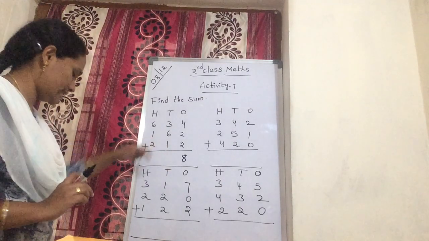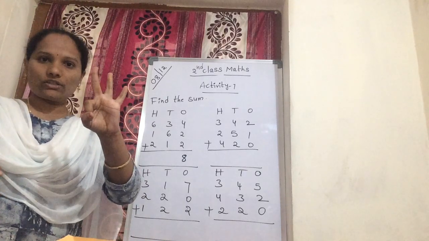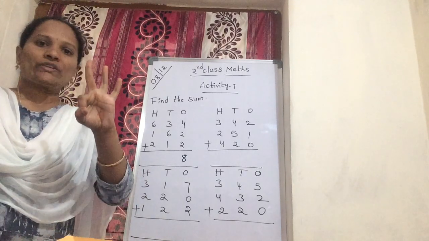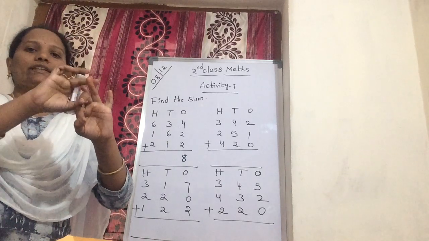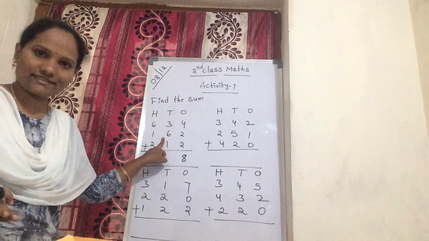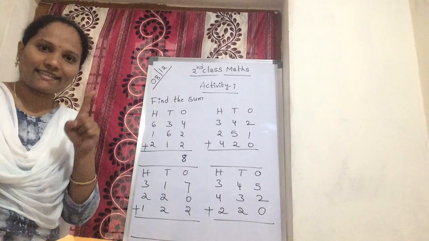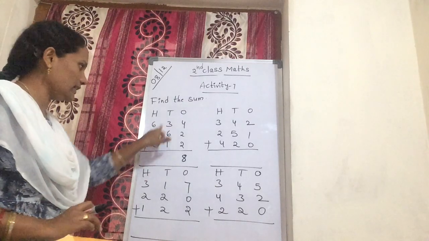So 6 plus 3. Now 6 is kept in mind. 6 after 3 fingers, 6 after 3, 6 after 7, 8, 9. You get 6 plus 3 is 9. Now 9 plus 1. 9 plus 1 is 10. You get here total 10.